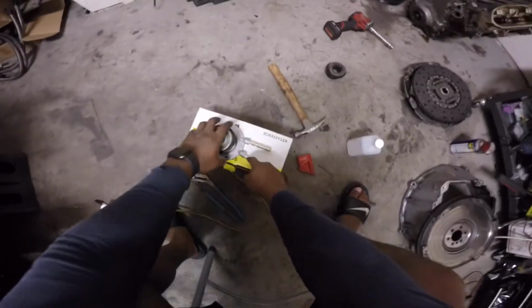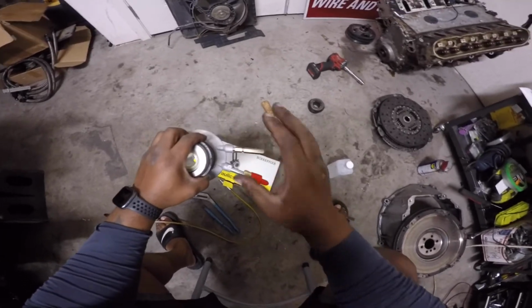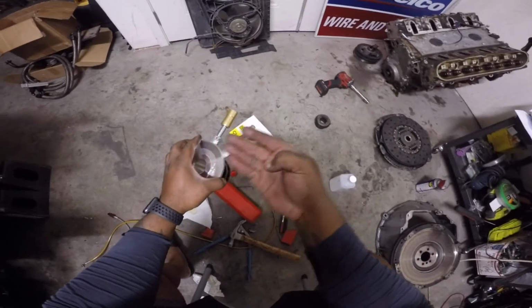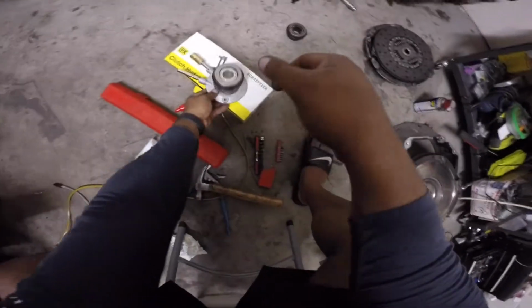You're gonna have to take a pin here or a punch and knock this out for this to come out. So I'm gonna go ahead and knock that out, and then I'm gonna come back to you guys, show you the finished product. I got this pin knocked out. If you have a punch, stick it in there, hit it with a hammer a couple times. If you're like me and you only buy tools when you absolutely need them,